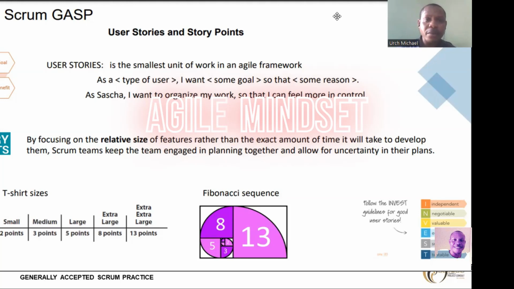For instance, as a type of user, maybe as Mr. Michael, I want to be able to cover up this lesson so that some prospective candidates, PMP candidates, can be able to look up this lesson and get first-hand information and get all necessary materials they need to equip themselves for the upcoming PMP exam. All right, that could be the user story. That's just the way it is.